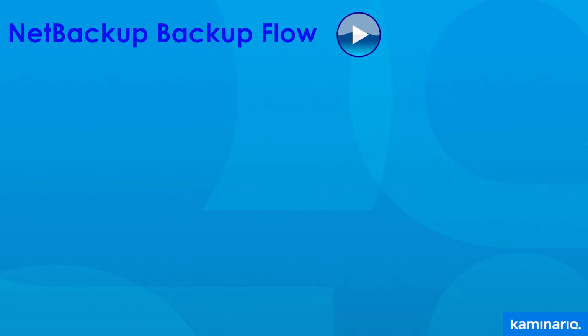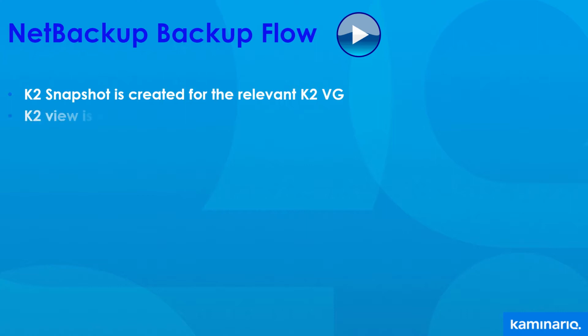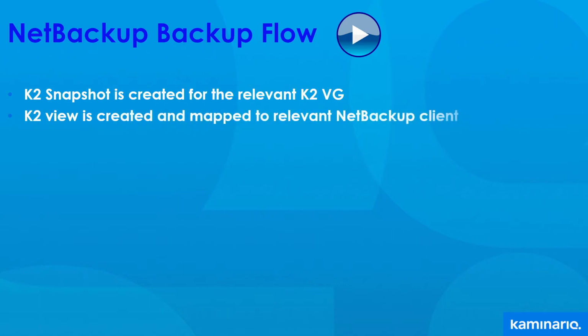Once the NetBackup policy is executed, either manually or automatically according to a predefined schedule, a K2 application-consistent snapshot is created for the relevant volume groups on the K2 all-flash array. The K2 snapshot creation is instantaneous. A K2 view is then created for each K2 snapshot. The view is mapped to the required NetBackup client. Data to be backed up is copied from the K2 view to the NetBackup storage unit,